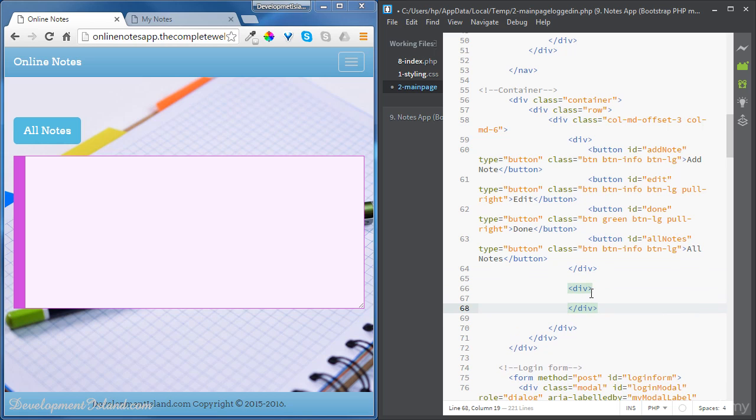So let's give it an ID, notepad, okay, and let's create a text area inside. So let's save and